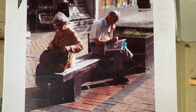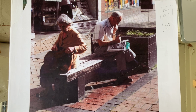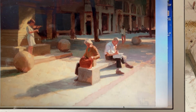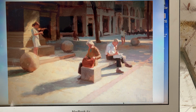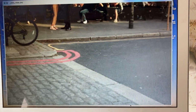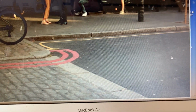So this was the initial photograph taken on the street in Preston. And then this was the large painting that came out of it. Part of it was painted on site in St Anne's Square. Now this couple, oops, if I can find them. Here we are. This couple were introduced